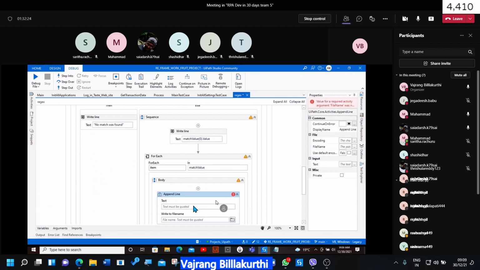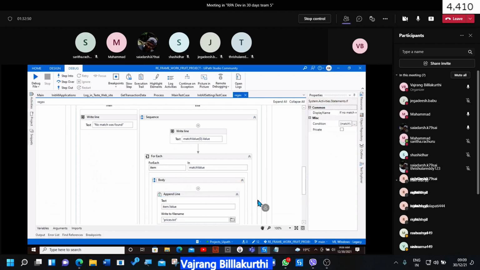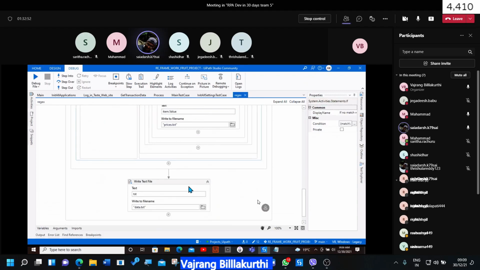So I will write just the prices dot txt. This should be there at the bottom. And here we are going to get item dot value. So for every item, it will pick its value. Okay, let's go ahead and run this and let's see. Run file.